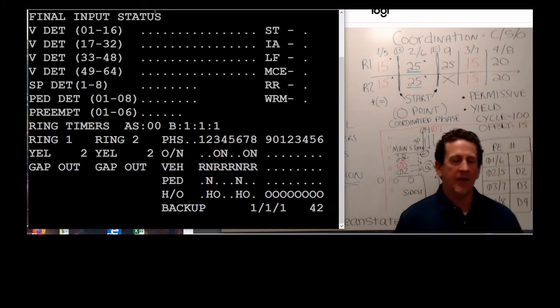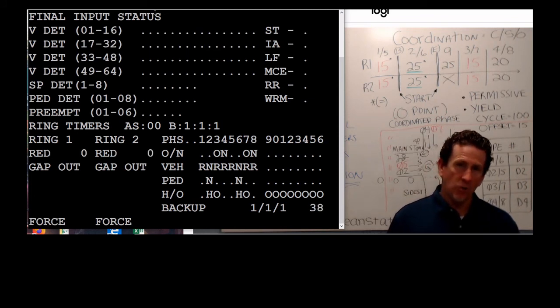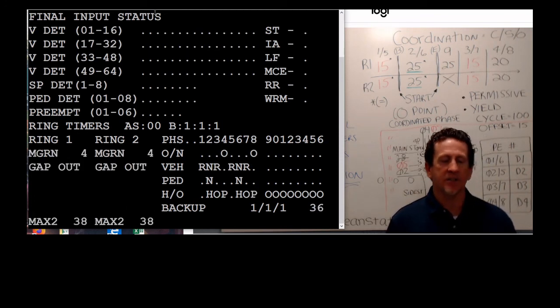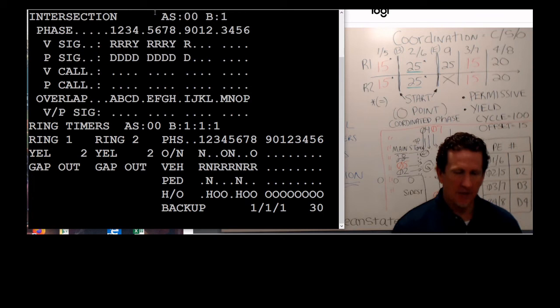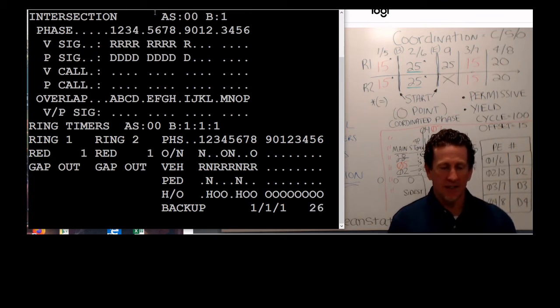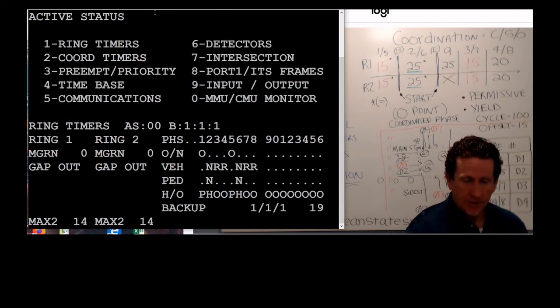So basically this is telling me vehicle detection by channel, where the other one's kind of telling us by phase. This is telling us, again, the difference between phases and channels. When I come up with a good example without even trying, right? This is telling me, you'll see it says phases 1 through 16. So I'm monitoring vehicle calls and PED calls by phase. On this screen,